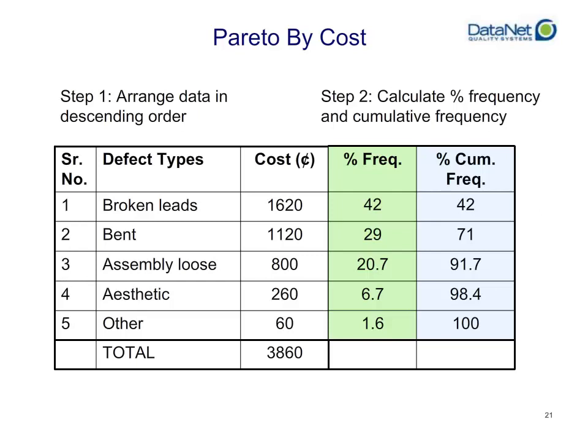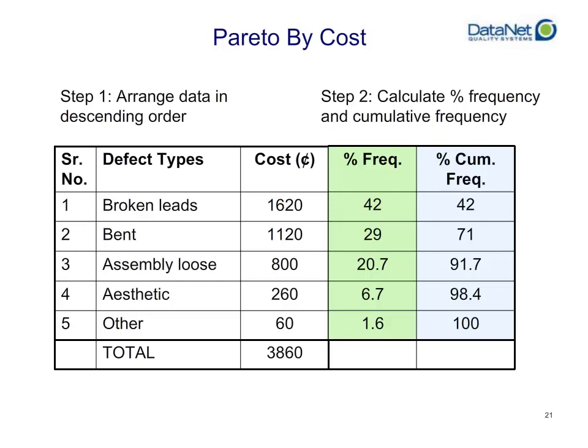So now that you have the actual costs of each one of these different defect types, you need to again sort the defects in descending order, but instead of doing it by count, now you're just going to use the dollar value. So the most expensive defect, the one that's costing us the most money, is the broken leads. Then next is the bent pencils, then the assembly loose, then the aesthetic problems, and then everything else. Just like we did with the count, we need to calculate a total cost of all defects combined. In this case, it equals